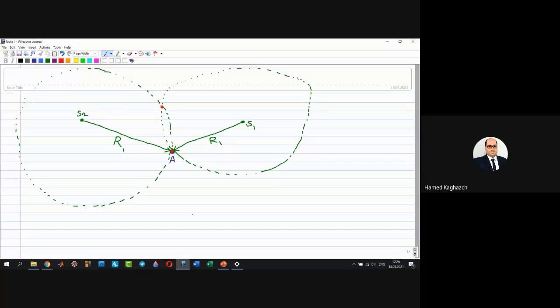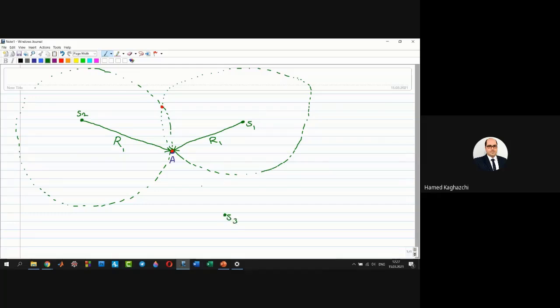So we need to have at least another satellite's information that distinguishes the position exactly. We know that our position is here. So suppose that, for example, we have another satellite here,